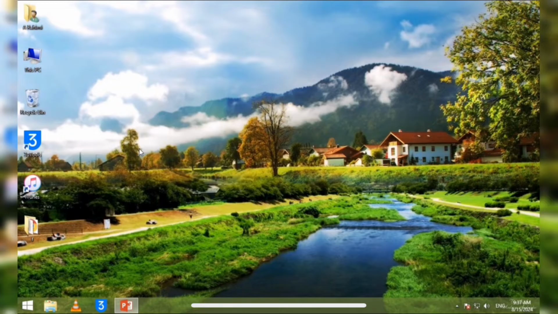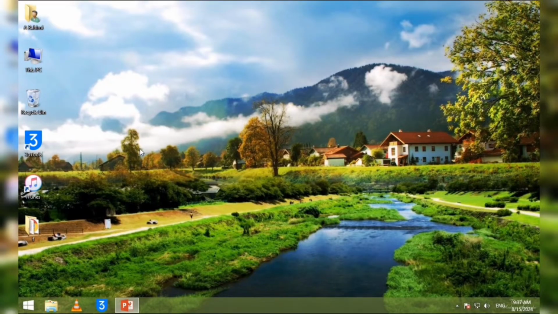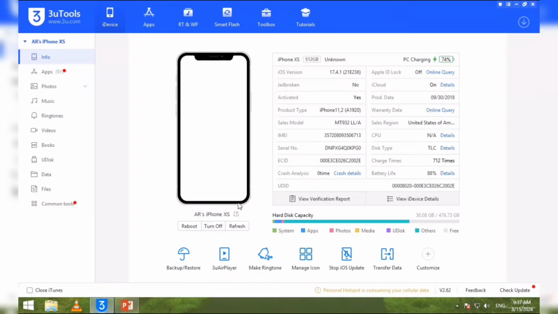Today, I'm going to show you how to fix error 7 on 3uTools. This error can be a bit frustrating, but don't worry, we're going to get through it step by step. So, first things first, open up your 3uTools application. Take your time, and when you're ready, go to Settings